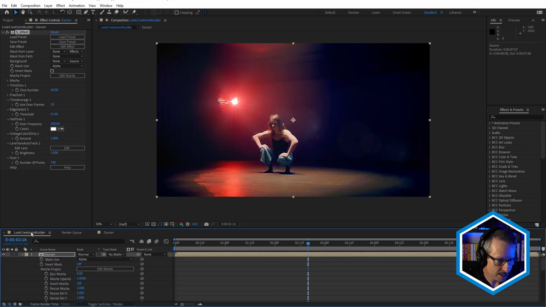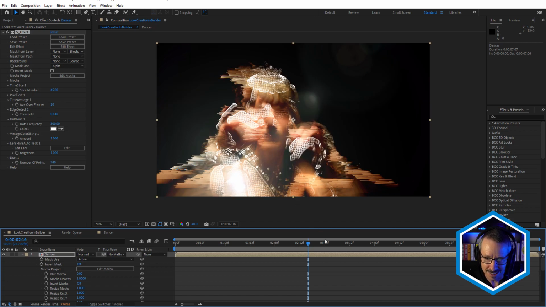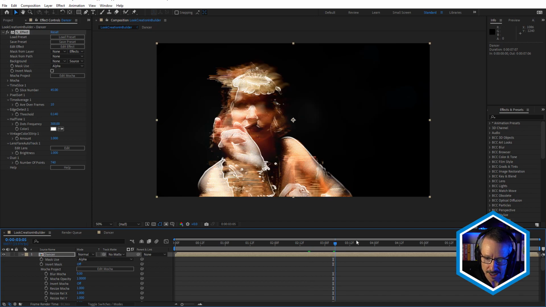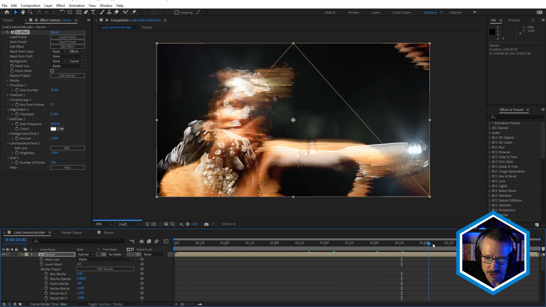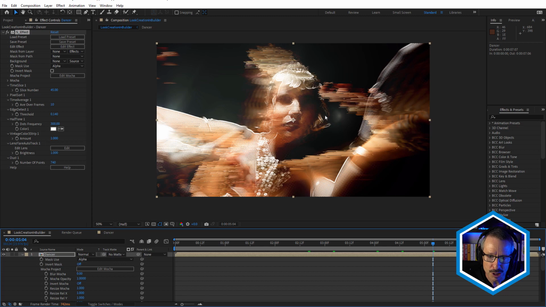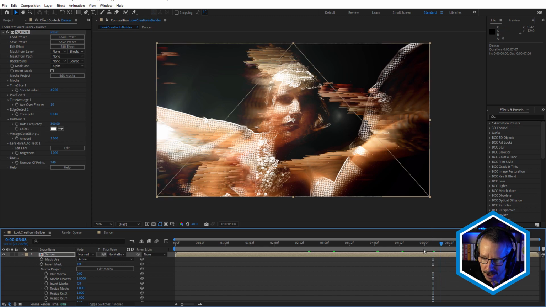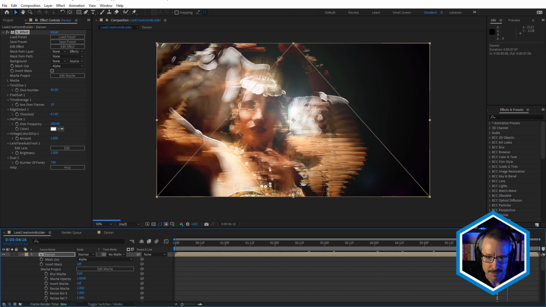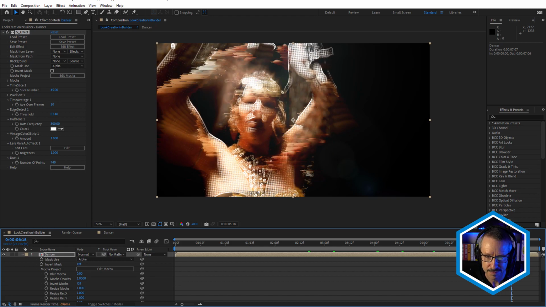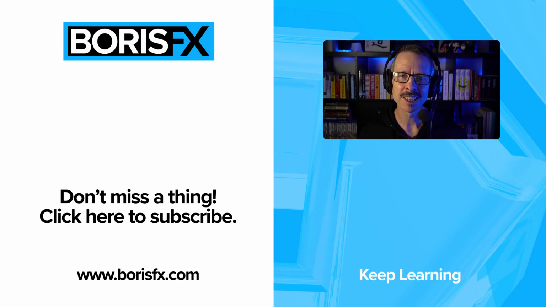If we come back to this composition, you can see that does update very quickly. I can jump around the timeline and I'm already getting quite an interesting look. I'd probably want to go and make a few adjustments, but it's very fast. Time effects are working exactly as you'd expect them to work. And it's really lovely look. So nice. Okay, so hopefully that's given you some ideas about how you can start to use Sapphire Builder in your own work.